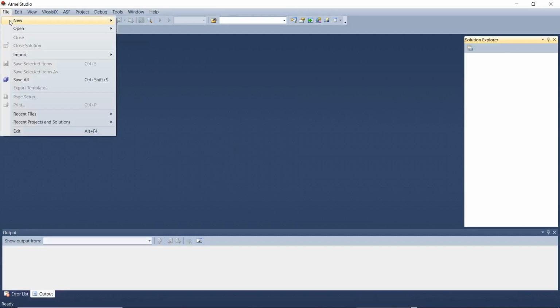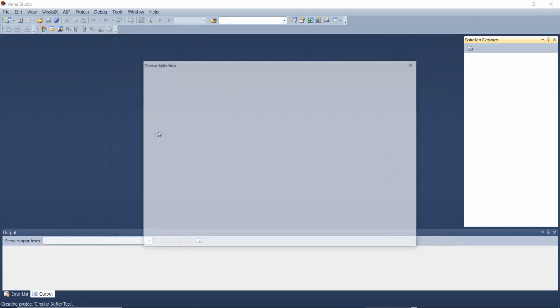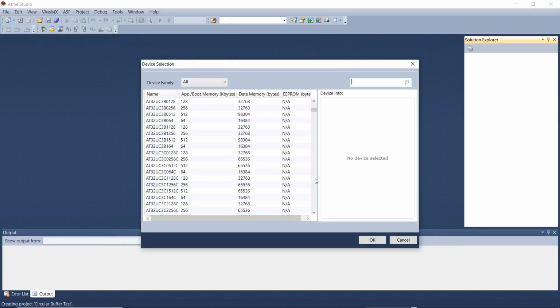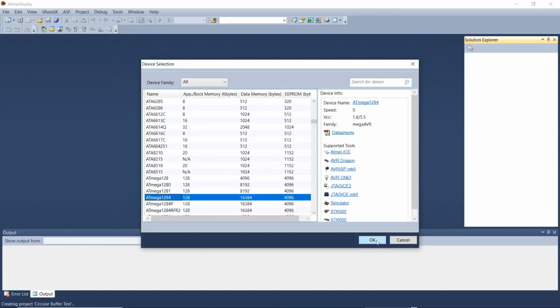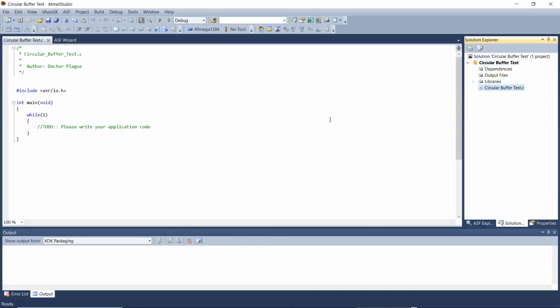Now, I'm going to create a new project in Atmel Studio, and I'll just call it Circular Buffer Test. I'll just pick a Mega 1284 since that's a common processor that I use.